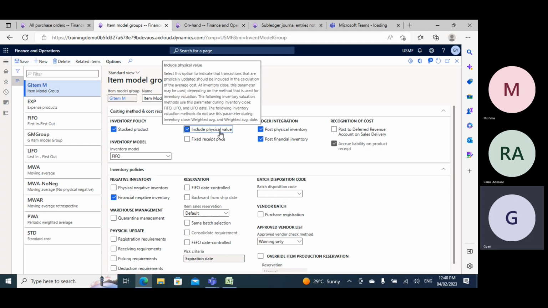What does physical mean? Product received, the item is being received physically. Generally in manufacturing, once the truck comes to my office, I hand over the items to my warehouse. Then the truck gives me a physical receipt. This is called product receipt. That means this is called physical value. In sales order, the packing slip is the physical value. So include physical value means